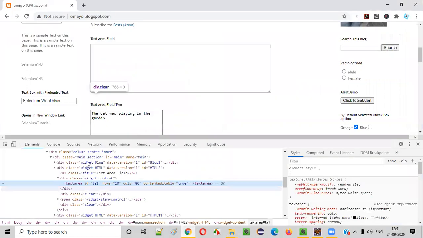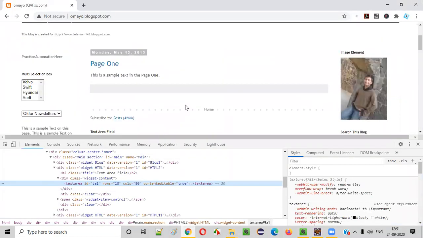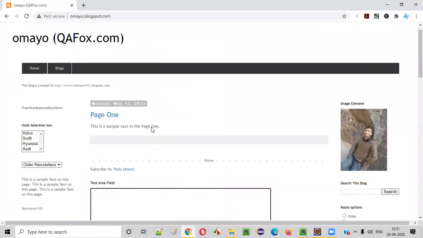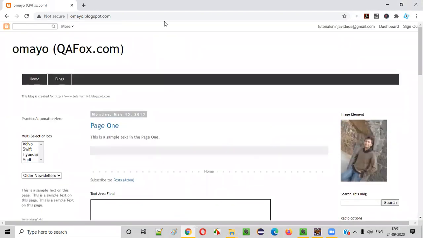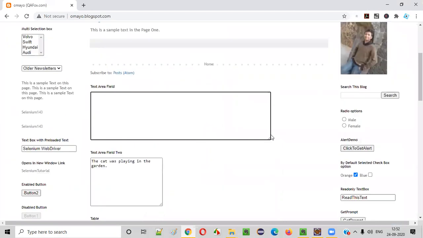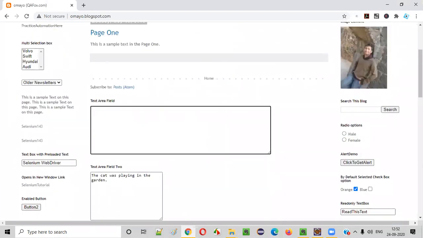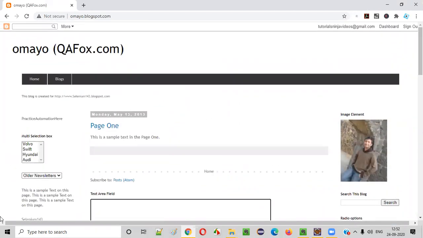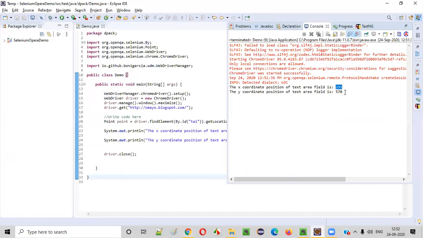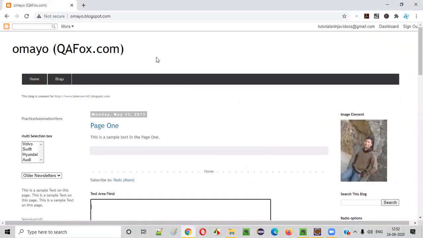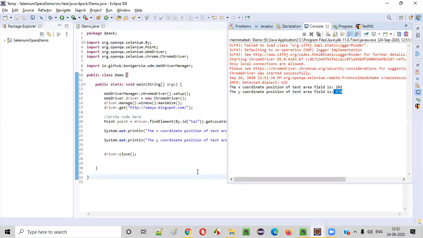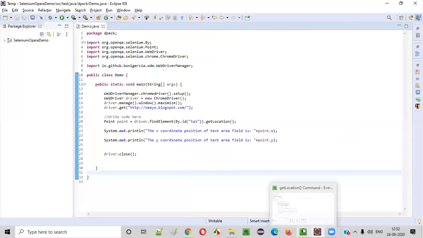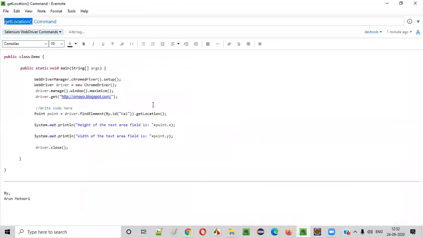I was scrolling so that Y was less earlier, but if you don't scroll, you can see that this is the X position and this is the Y position. X is 292, whereas Y is 570. So guys, this is how we have to use the get location command of Selenium WebDriver in our Selenium automation scripts.